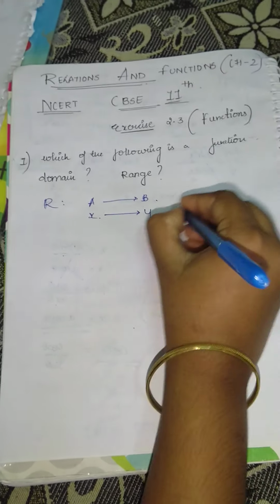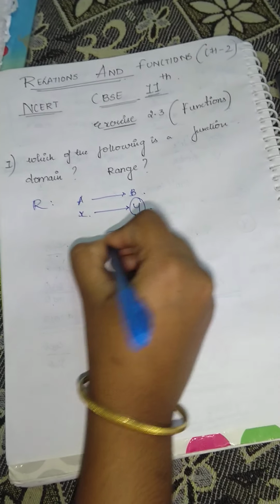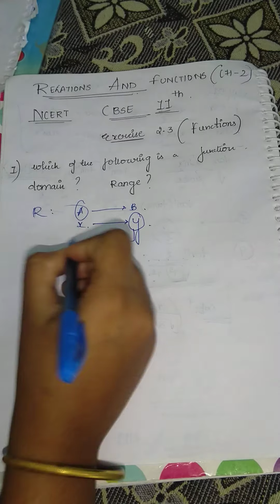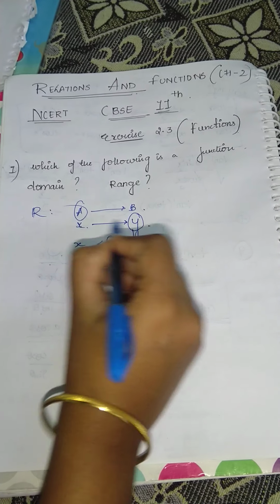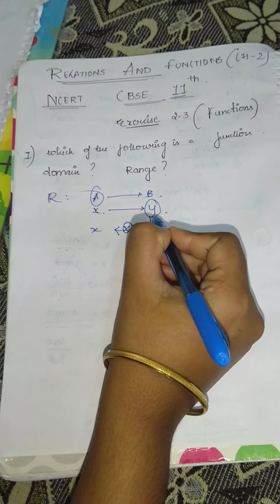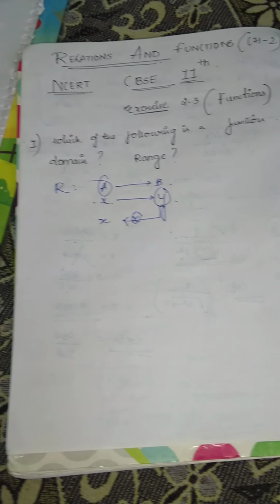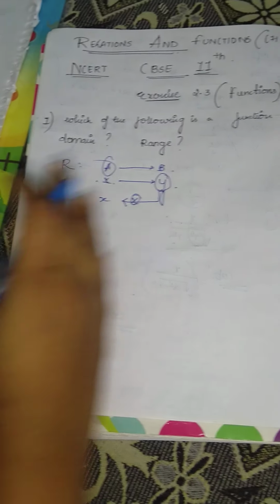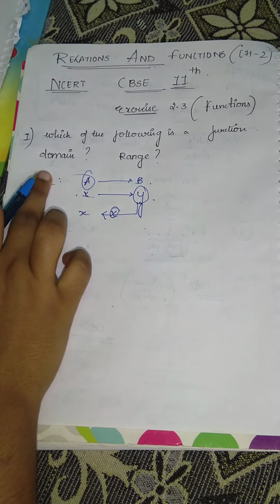But remember that this value of y should not have a unique element in the set A, that is x, okay. So x should have a unique element y in the set B, but y should not have a unique element in x in the set A. So this I'll be clarifying with many examples. Initially, we'll go on with question number 1.